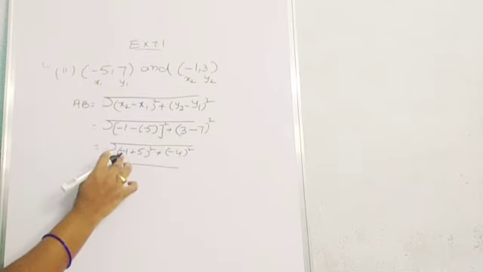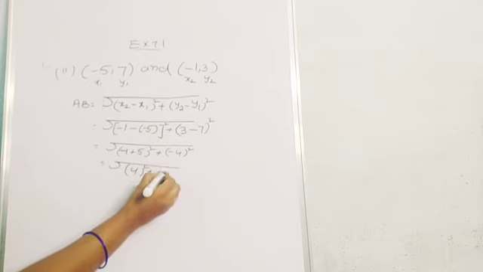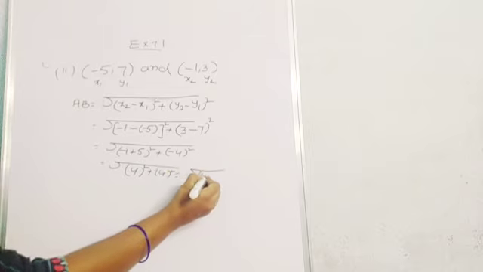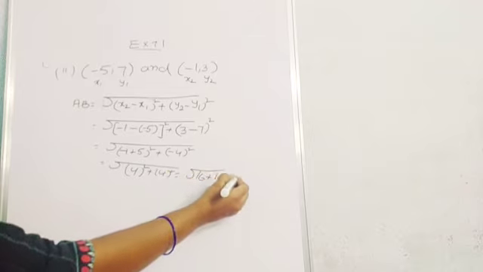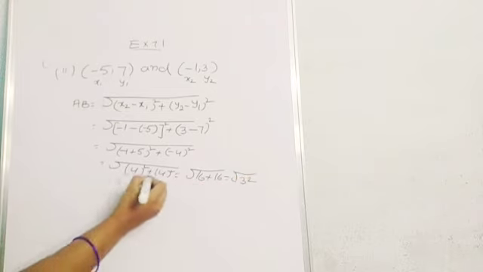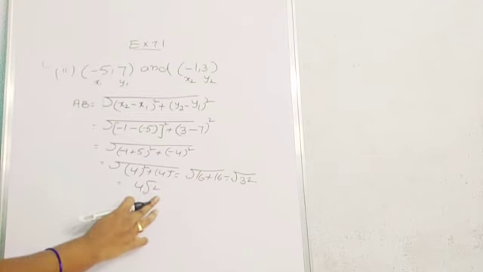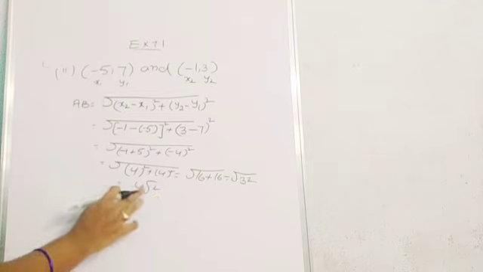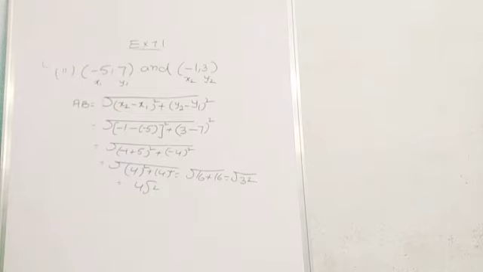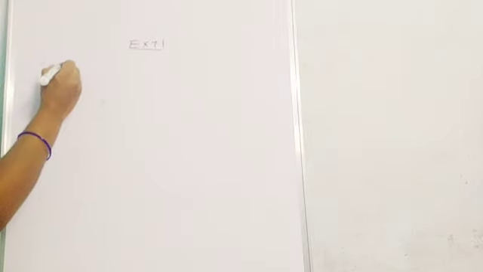So minus 1 plus 5, what will we get here? 4 whole square, and minus 4 whole square we write as 4 square. So 4 4s are 16 plus 4 4s are 16. 16 plus 16, what will we get here? 32. In that 32 we write 4 root 2, since 4 4s are 16 and 16 2s are 32. That's why I write 4 root 2. This is the second one. And what is the third one? Next, third question.